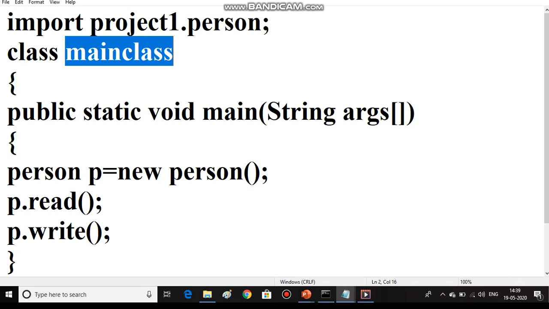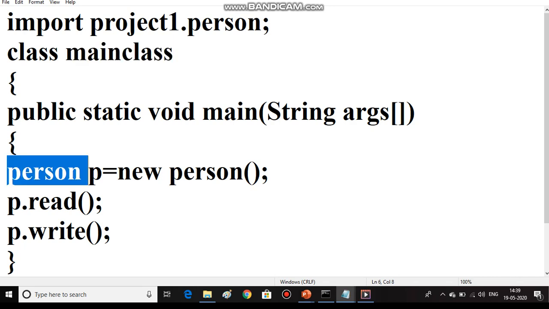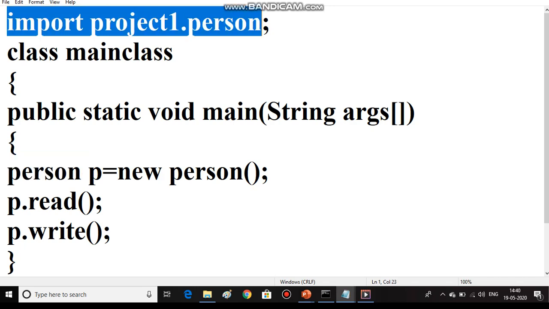So you cannot access person class here because person class is in one package and main class is in another package. If you want to access the person class here, you should write one statement like this: import project1.person.